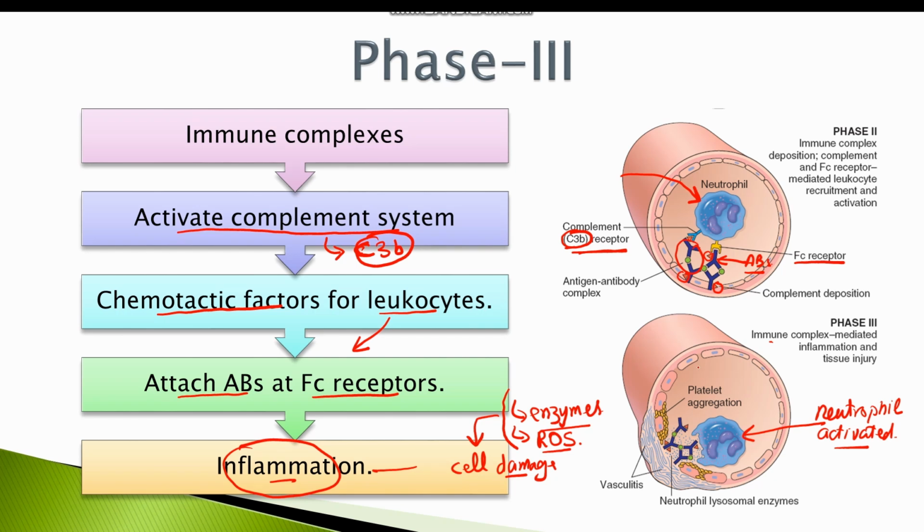As you can see here, the antigen-antibody complex is deposited in the blood vessels. So the ultimate result is the damage to the vascular wall, resulting in vasculitis. Phase 3 of type 3 hypersensitivity reaction typically begins in almost 10 days after the exposure to antigen.